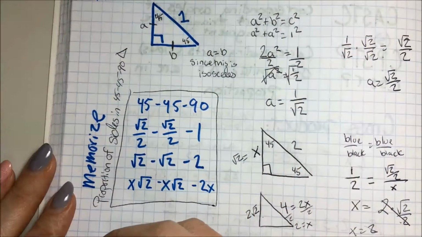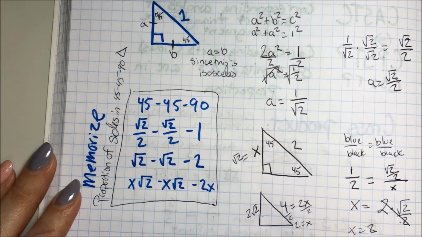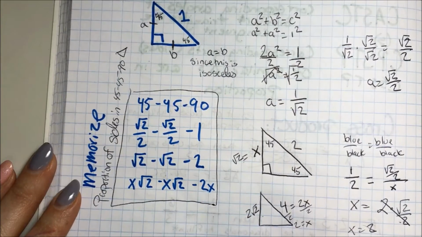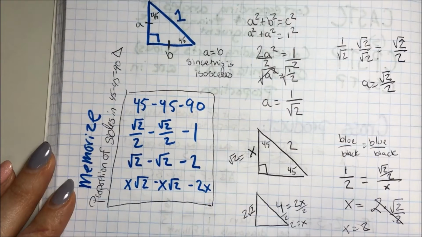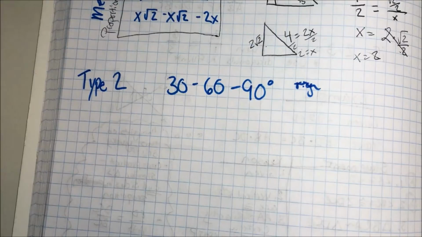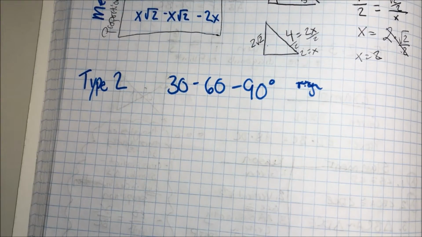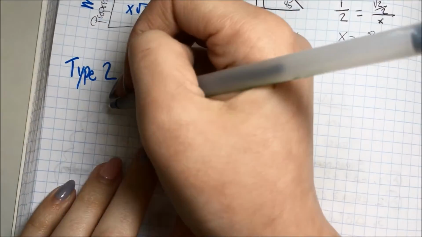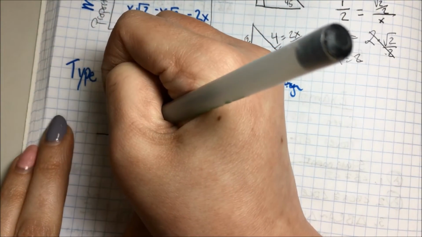The next type, type 2, is a 30, 60, 90 right triangle. And the reason why this one is special is it comes from the other type of special triangle. We have isosceles and we have equilateral. So if I were thinking of an equilateral triangle,